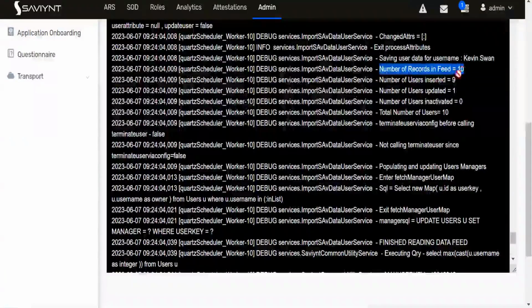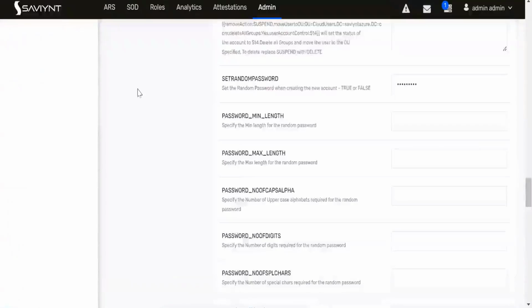Number of records found in feed. Total number of users updated, 1. So the admin user which was already present was updated, and the remaining 9 users got inserted. Total number of new users came to 10. So if I go to now my Saviynt system,